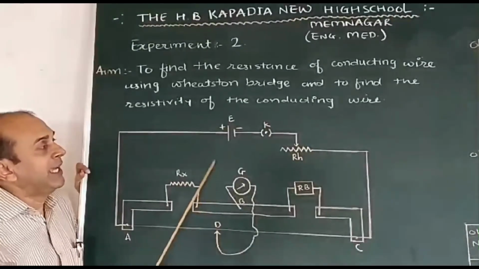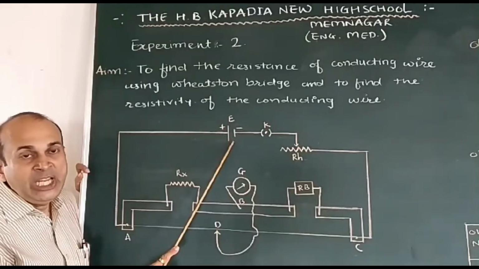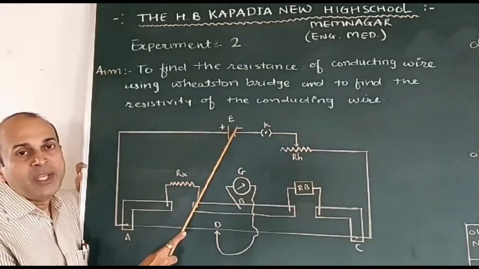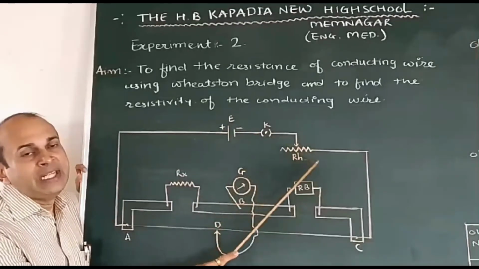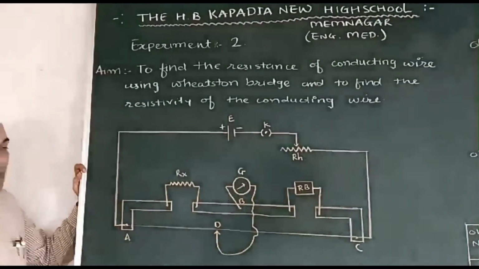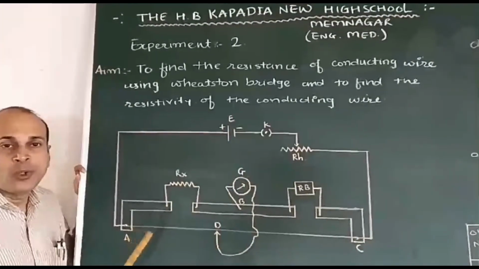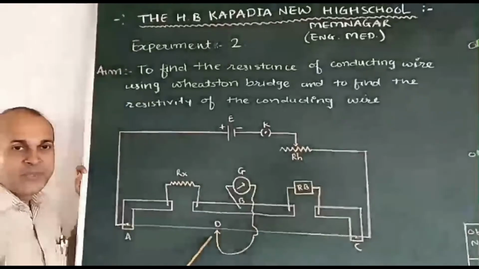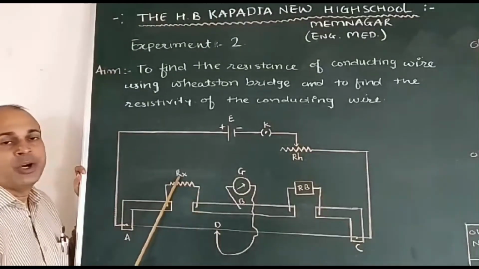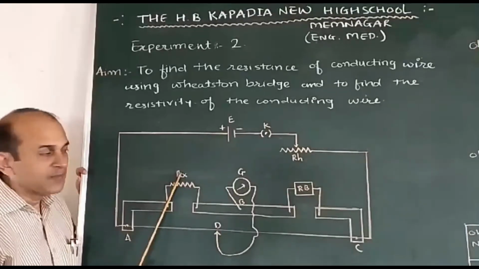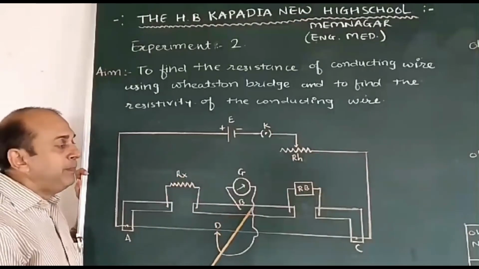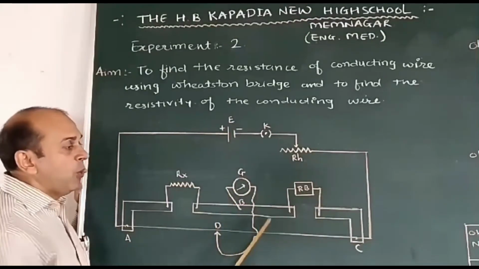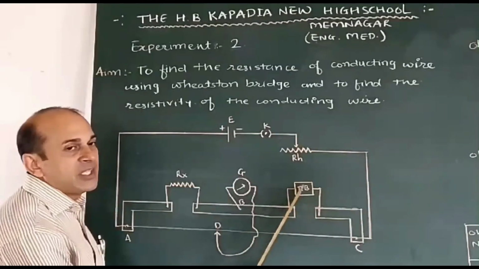This circuit diagram shows a DC battery eliminator of 2 volt, with a positive terminal and a negative terminal. Here is a simple key, then a rheostat. This instrument is a Wheatstone bridge. It has 4 terminals, A, B, C and D. In the first gap, you connect the unknown resistance Rx. The second terminal, B, goes to the galvanometer, and the galvanometer to the jockey, that is the movable key. Also connect a resistance box in the second gap.